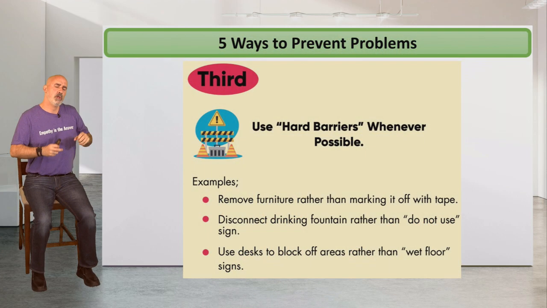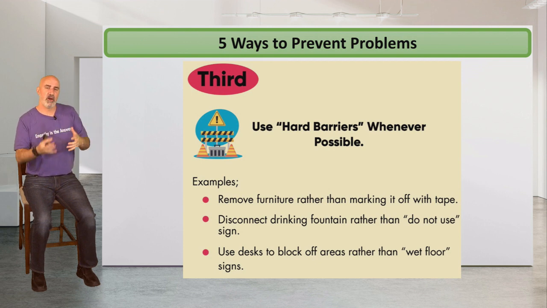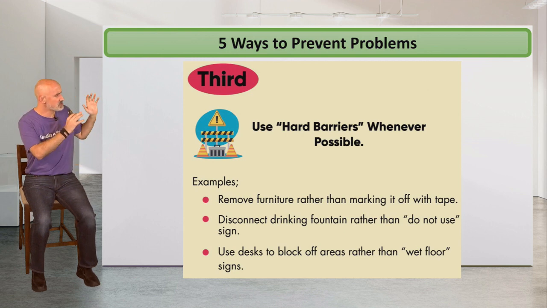Number 3, whenever possible, you want to use hard barriers instead of soft barriers. Hard barriers are things that make it physically impossible for a person to break the rule. Soft barriers are things where you're just asking the person to follow the rule, but not forcing compliance, if that makes sense. So for example,